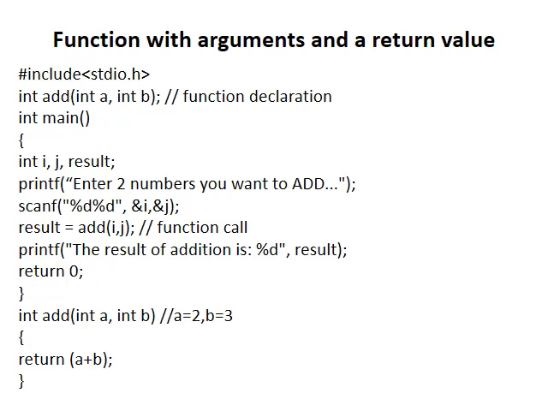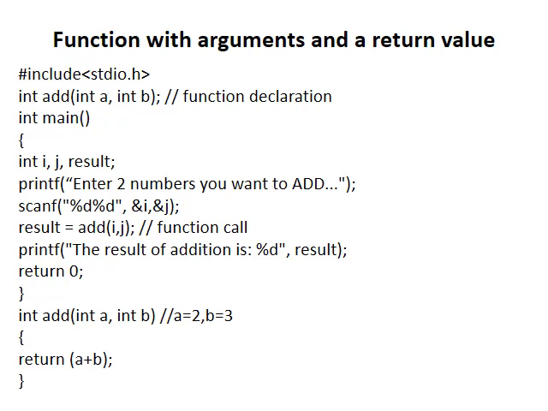Int add int a, int b. For example, 2 and 3 are the values given by the user, which will be there in variable i and j. So that will be sent to the add function. Now whatever is there in i and j will be copied to a and b. So a and b are called here formal parameters or formal arguments. So actual arguments are i and j. Whatever values are there in the actual arguments i and j will be copied to formal arguments, that is a and b. So 2 and 3 are copied to a and b.